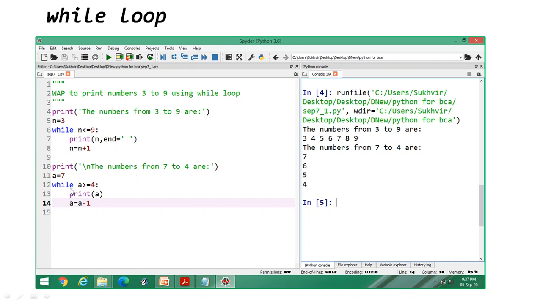And what about the second one? If I have to print the data from 7 to 4, that is in reverse order, basically what is the output? I am printing the data here in increasing order and here in decreasing order. Each time it is decremented by 1. If I am writing a is equal to 7, a greater than or equal to 4, it means 7 to 4, and each time the value is decremented by 1: a is equal to a minus 1. And I can print the data in a column because end is not there.